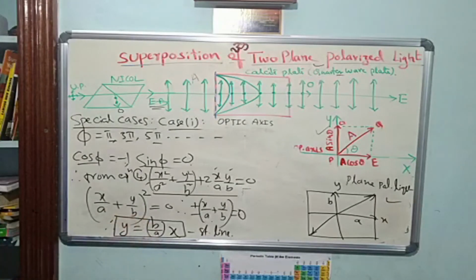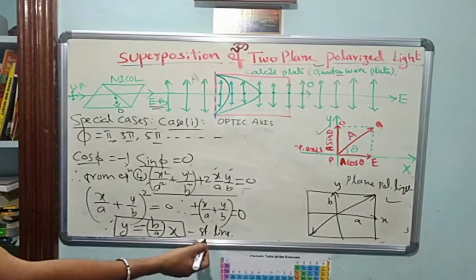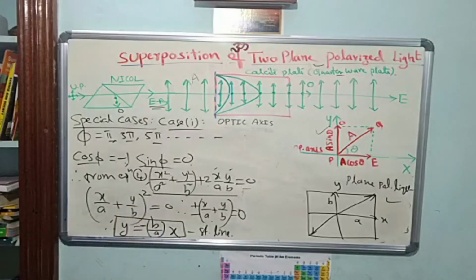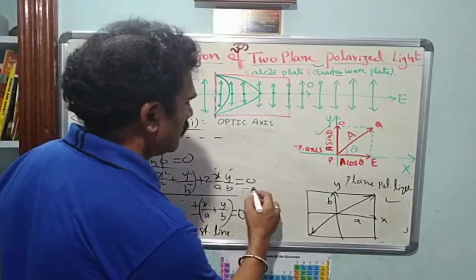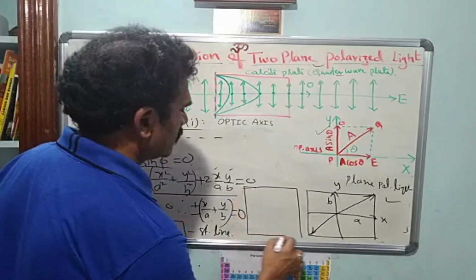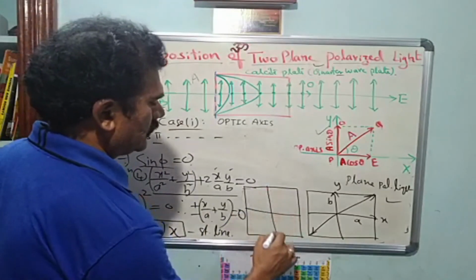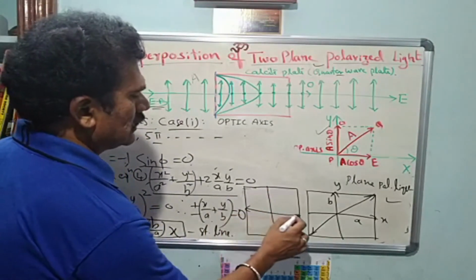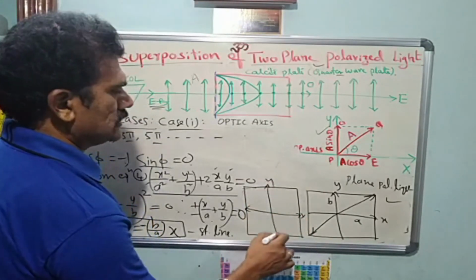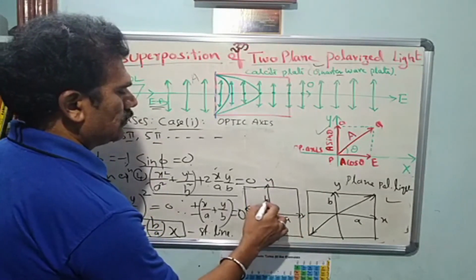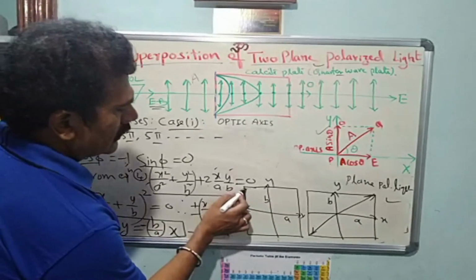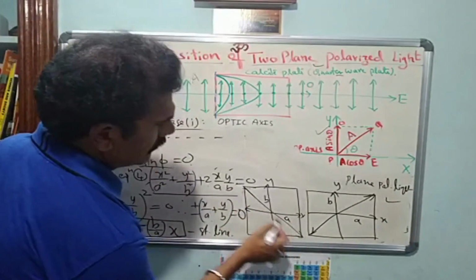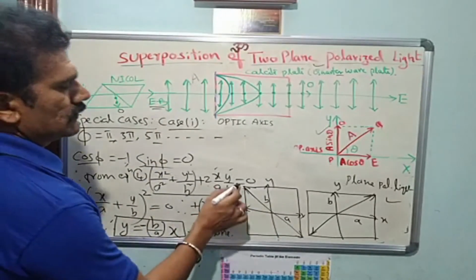So therefore plus or minus x by a plus y by b is equal to 0. Clear? So what is the simplified equation for y? y is equal to minus b by a into x. So again it is a straight line equation. But what is the slope? The slope of the line is now minus b by a only. Clear? So if we consider the output of the wave with this condition, in the graph we will get a slope like this. We have to consider the x-axis and y-axis as they are, so we get a vector and b vector as they are. So this slope will be negative. So it varies like this. So this is the vector.